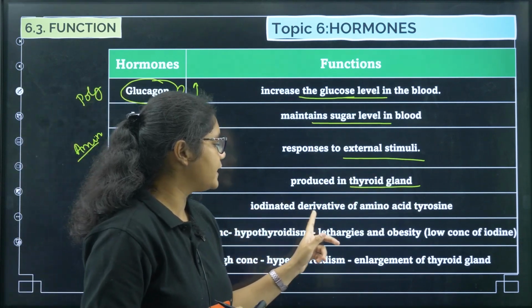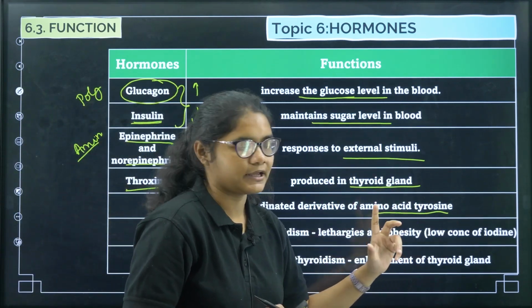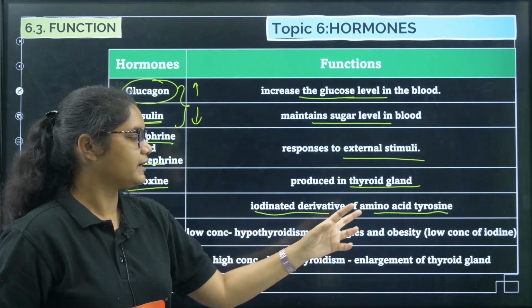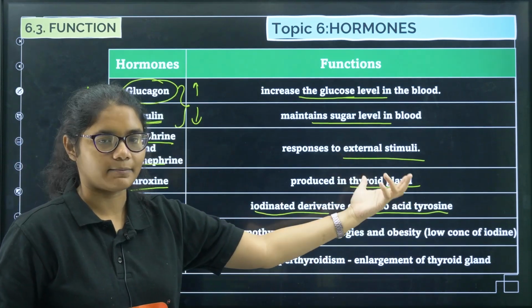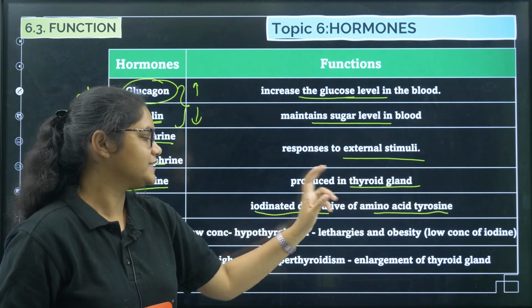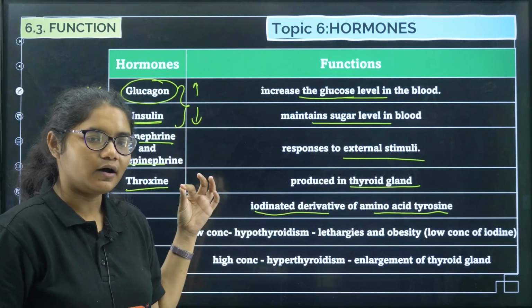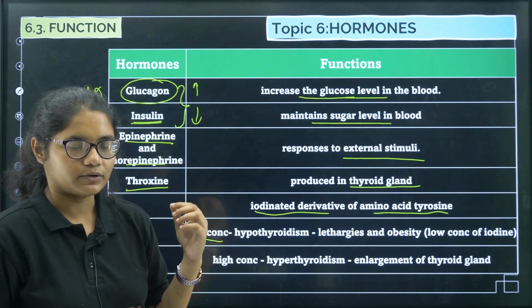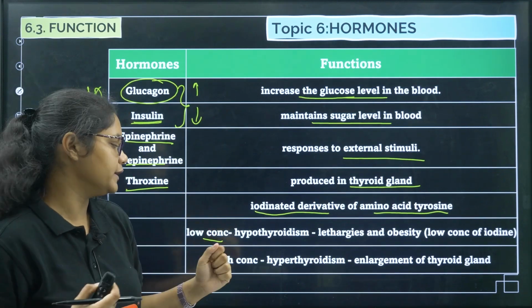Next, an iodinated derivative of the amino acid tyrosine. What is the structure? So here there is an iodinated derivative of tyrosine, okay. Tyrosine is an amino acid. In there, if the H is replaced with iodine, we get this one. Next, if we have a low concentration of thyroxine, okay, if this hormone is less in our body, then we suffer